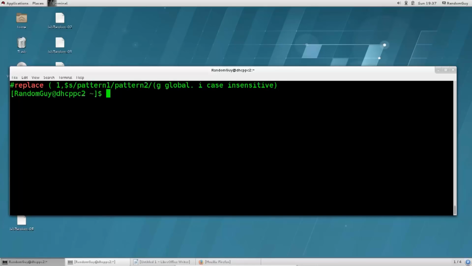Now let us move on to the VIM and replace. Within the replace, there is this first segment. So this here